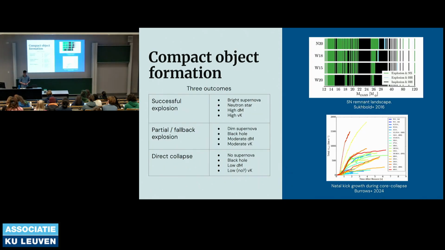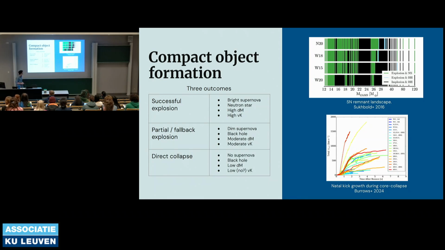Compact object formation really comes in 3 different outcomes. So you have a successful explosion. This is what we associate to a traditional supernova, that bright supernova that you see in the sky. We have many measurements of these. We typically associate these with forming a neutron star remnant. So you're associated to a high amount of mass loss, or ΔM, and a high natal kick, because if your progenitor is, for example, 10 solar masses, and you drop down to a neutron star mass, which is about 1.4 solar masses, you have a lot of mass loss to get there. If you have any asymmetries in that ejecta, all of that mass loss combined with the asymmetries gives you a